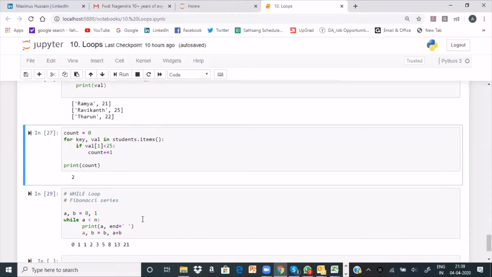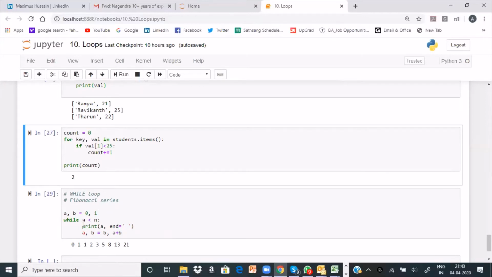What is a Fibonacci series? Generally in C programming, when you are learning, people say, why don't you write a program for a Fibonacci series? You will be writing like, oh my goodness, let me write this 15 to 20 lines of code. Here you are simply doing it in 3 or 4 lines. A, B equals 0 and 1. A having 0 value, B is having 1 value. This is what it means.